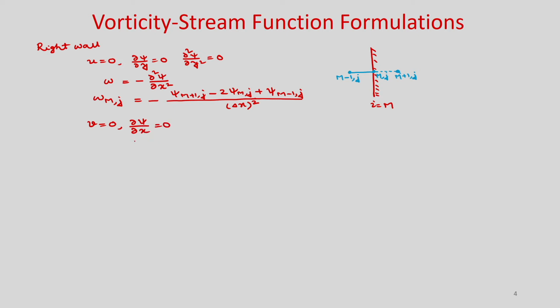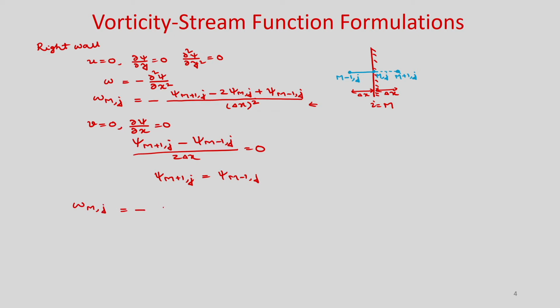and if you discretize it, you will get psi m plus 1 j minus psi m minus 1 j divided by 2 delta x, because we have considered this fictitious point at the same distance. So, 2 delta x is equal to 0, and psi m plus 1 j, which is outside the boundary, is equal to psi m minus 1 j, and this value if you put it in this omega expression, then you will get omega m j is equal to minus,